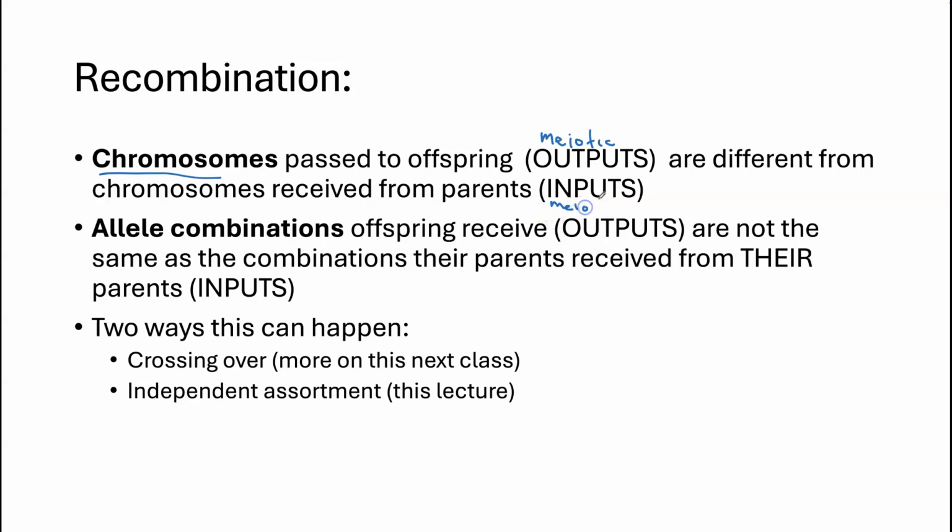So an individual got a set of maternal chromosomes and a set of paternal chromosomes, but when those are passed on to the offspring, all the maternal ones don't stick together, and all the paternal ones, they mix up. And so you can get many, many different combinations of those. If the chromosomes do this, this means that the alleles do it as well, so that the alleles received from your parents aren't passed on together, they're mixed with the alleles received from the other parent, and so on. And so there are two ways that this can